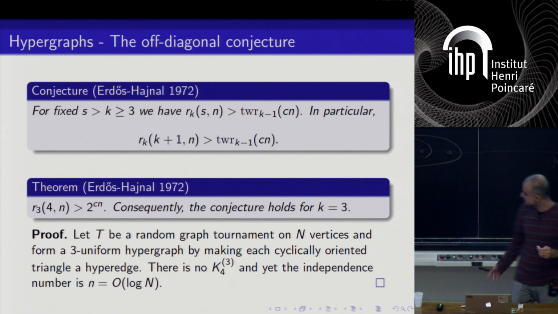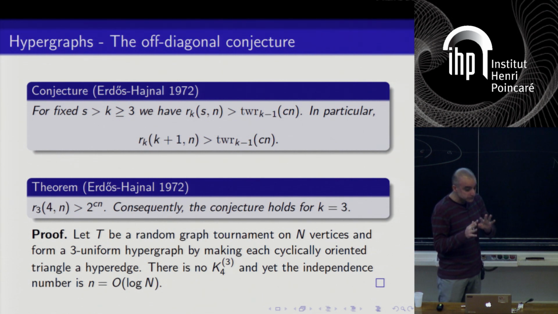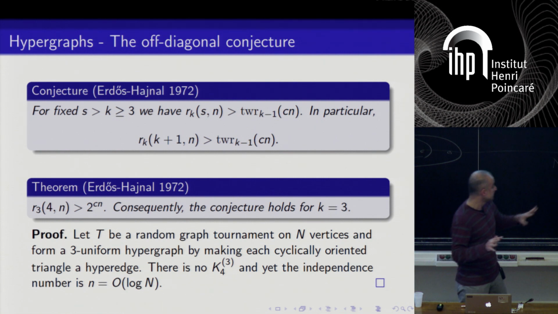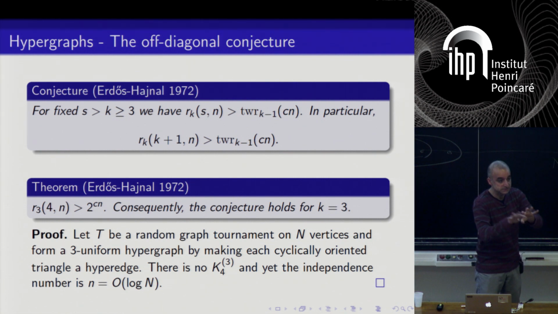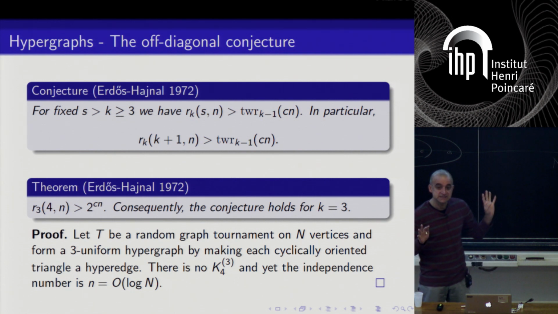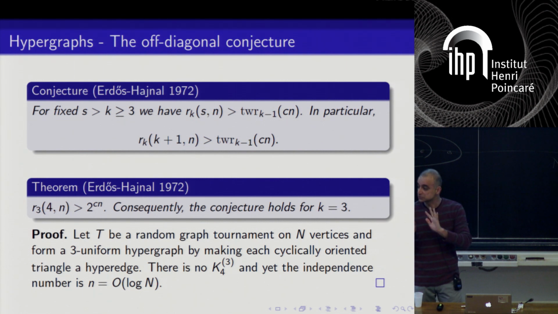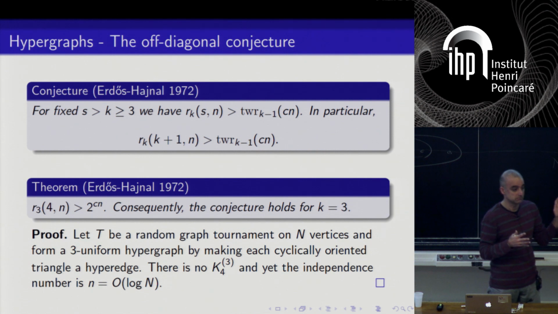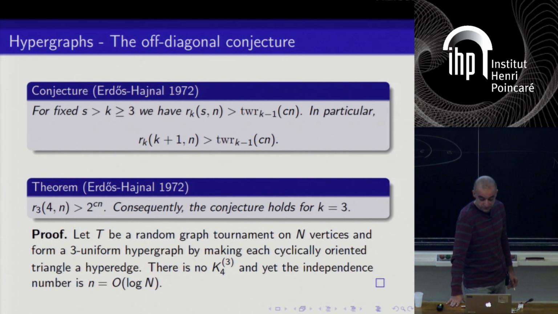The nice thing about this is that if you think about it for a few seconds, you see that if you have 4 points, you cannot even have 3 triples on 4 points, let alone all 4 triples on 4 points. Because if you have 2 triples, they look like this, and then you're out of luck because of the arrows. Now, the thing is not complete. So the tournament is random, but the triples are not random because there's dependence amongst them. But from the point of view of analyzing the independence number of this tournament, you can assume that you have enough randomness to do the standard things you would do as if it were random. So in fact, one can show that the independence number is logarithmic.